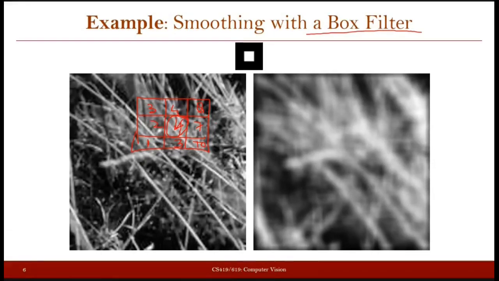So that means whenever you put these values here, like you say 1 plus 2 plus 3 plus 4 and so on, you compute, and then you divide them by 9. So you are going to get some value which is more than the lesser values that you have in your neighborhood, and less than the higher values that you have in your neighborhood.